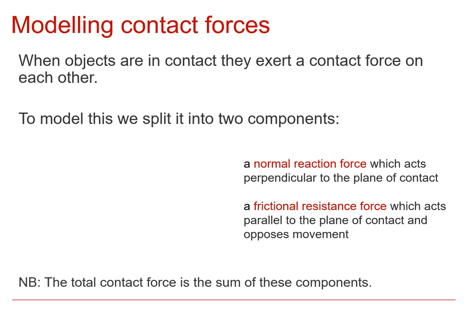Now, friction can occur when objects are in contact with each other. So if you have, say, a plane, which might be horizontal or on a slope, and an object in contact with that plane, then there'll be forces on the object from the plane, and of course forces on the plane from the object. There'll also be the weight of the object, but the two forces that we're going to be thinking about are the normal reaction force,